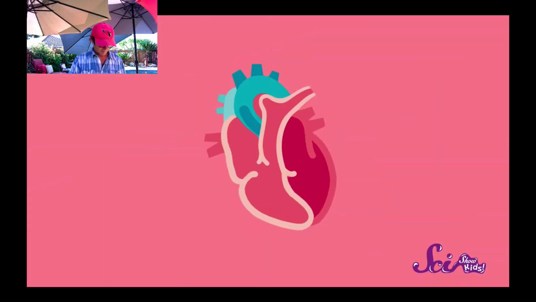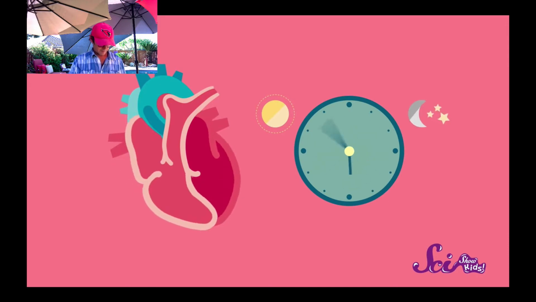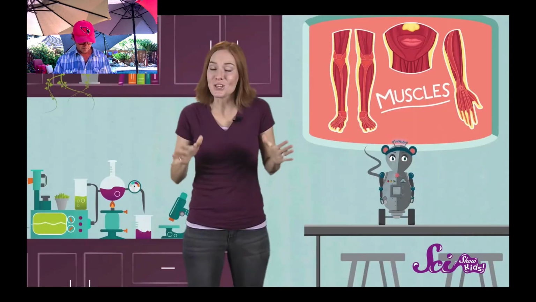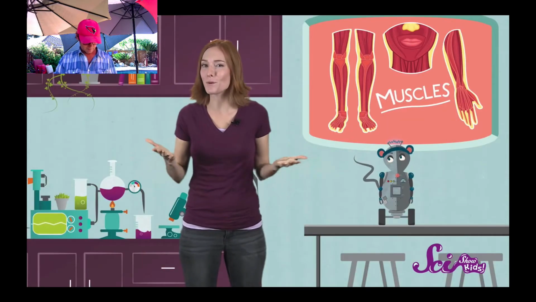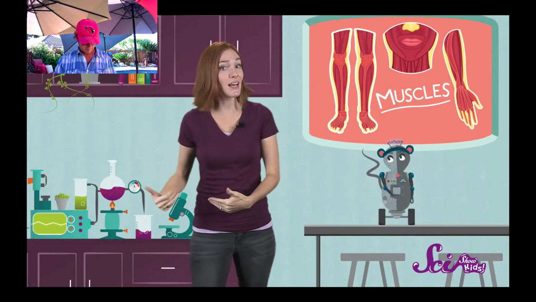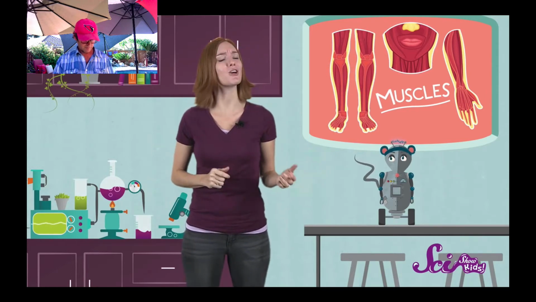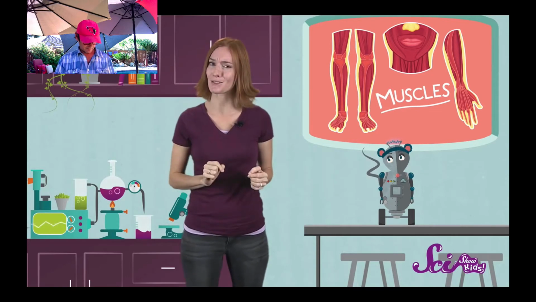Your heart is always beating, all day and all night, even when you're asleep. It can never take a break because it has a very important job. It moves your blood all around your body. And your heart can do that because it's actually a muscle. You have muscles all over your body that help you move, like muscles in your legs that you can use to run and muscles in your jaw for chewing yummy food. But your heart is the hardest working muscle of them all.